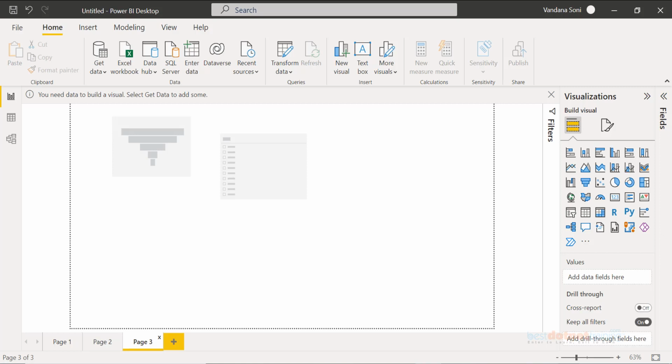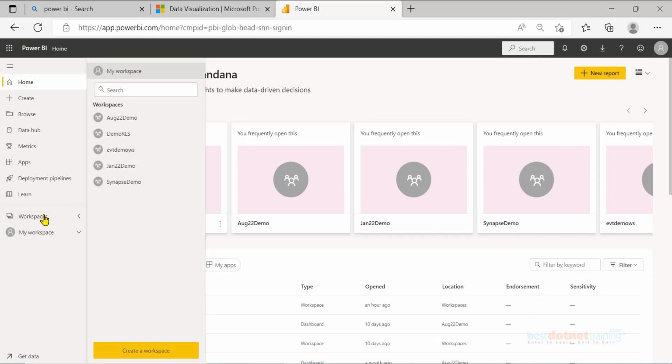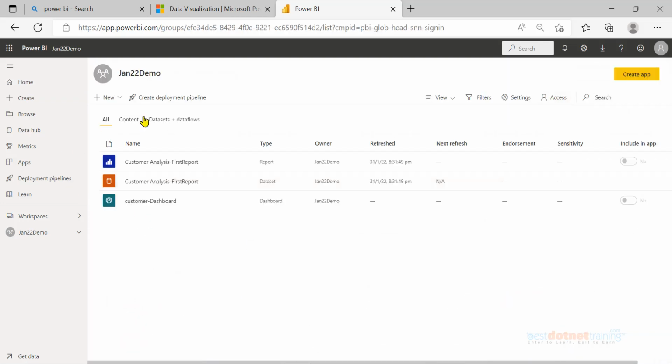Then you have the dashboard. Once the report is ready, you are going to publish it to your Power BI service. Right now I am in this Power BI service. Here I have created my workspace, for example, this workspace Jan 22 demo, and here I have created one dashboard.